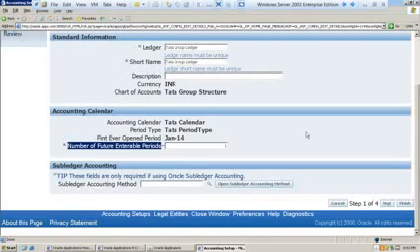If you open 3 periods, the 4th period will be future enterable. You open 5 periods, the 6th will be a future enterable period. You open 1 period, the next period will be a future enterable period. I open January, the system is also giving me a bonus of one period in addition to enter the data.